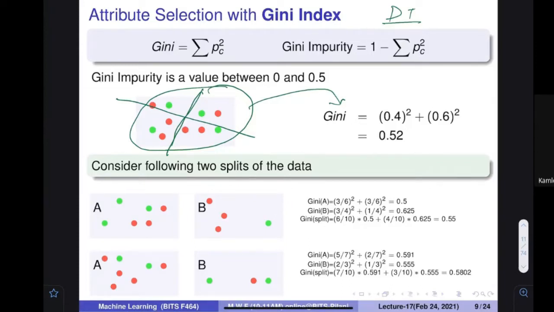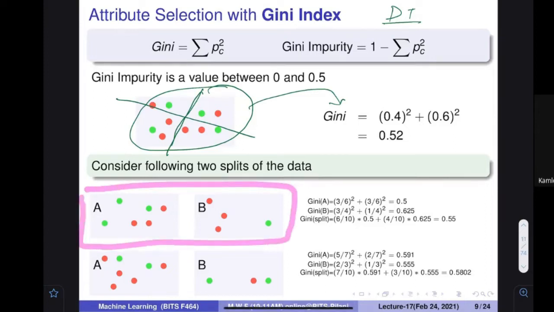And the division is done based on what? Attribute. If you want to test the attribute values, for the items which have this particular attribute value, you are going to say that these items go into one category and the others into another category. Let us investigate two cases where the same database has been divided into two parts, where I can say that the first one is A, another one is B.